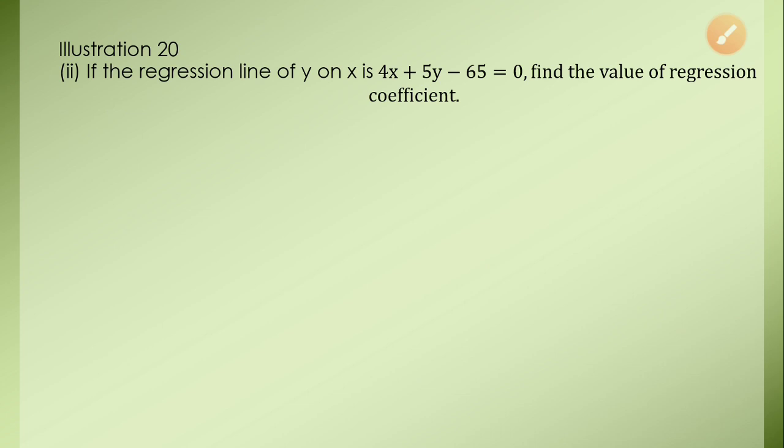I have explained three terms to you. Correlation coefficient is r, regression coefficient is b, and the coefficient of determination is r square. So they asked you the regression coefficient, that is b. They have given you a line like this, 4x plus 5y minus 65 is equal to 0. Now the problem is that this is not exactly how the line looks. A line will always look like y cap is equal to a plus bx.